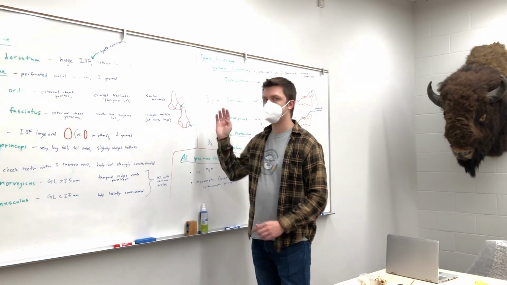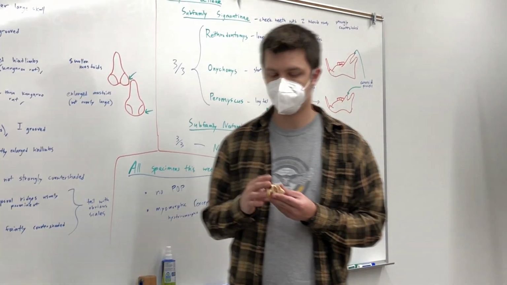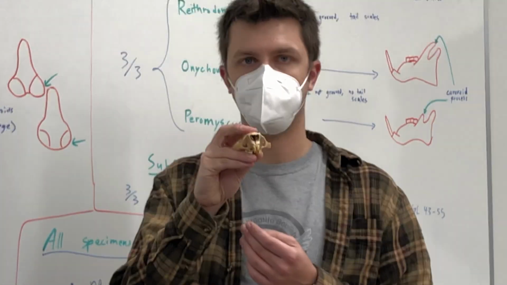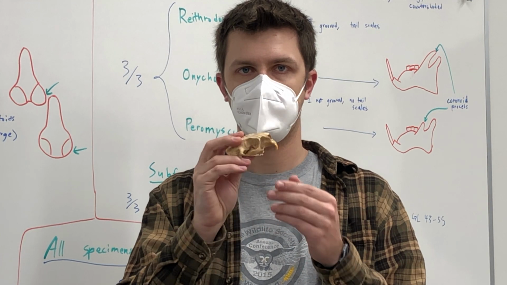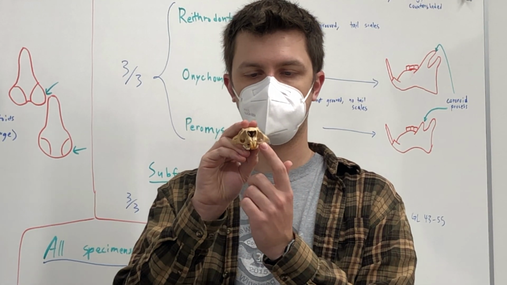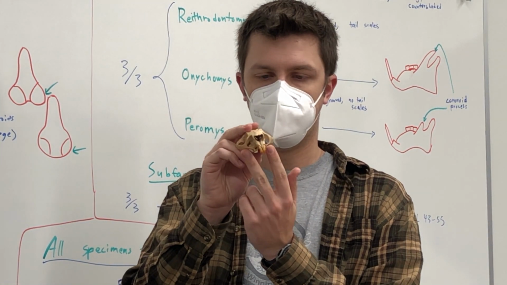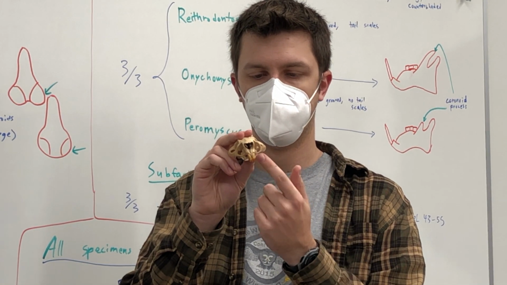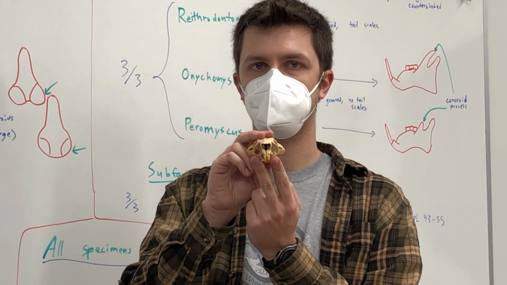All right. So everything this week is myomorphic except the porcupine, which is hystricomorphic. So let's talk about that. Family Erethizontidae, our species is Erethizon dorsatum, the porcupine. First thing to notice is that it's quite large. Second thing to notice is these massive holes right in the front. Now these are really different than the ones that I was just showing with the mice and rats that were more vertical. These are just wide and round